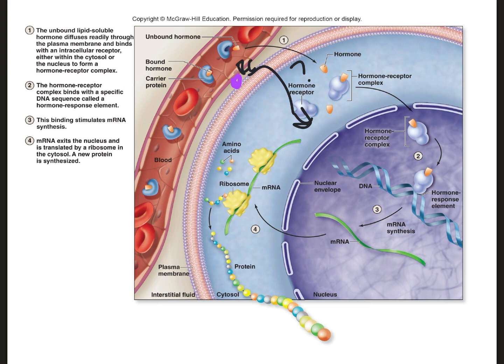All right. The indirect mechanism is very similar to what you will see here in the action for a water-soluble hormone. Right? The ligand binds to the receptor, neurotransmitter binds to its receptor, and then some other proteins or action happens inside the cell. Okay, so a second messenger has to relay the message inside the cell. The water-soluble hormone never actually gets inside the cell.